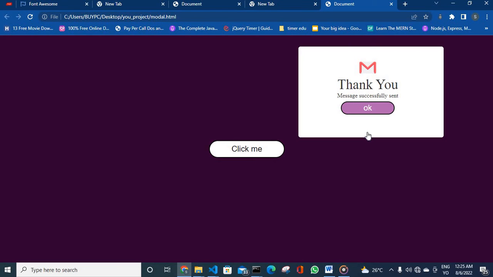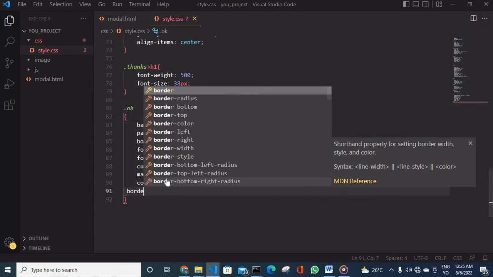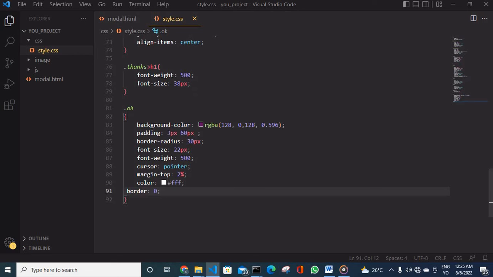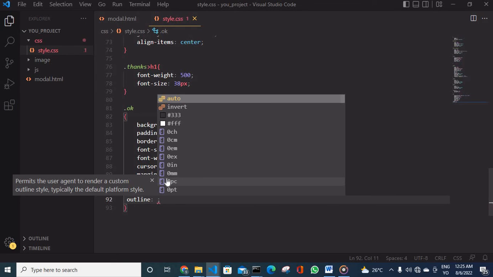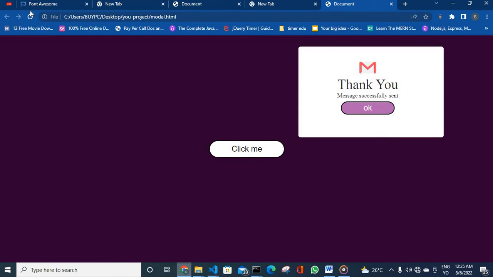We'll be having this color, and then we don't want this border. So I'm going to come here and say let the border be 0, and let the outline also be none. We don't need any outline. Refresh, so we get something that looks like this. And yes, this is exactly what we want. Okay, now